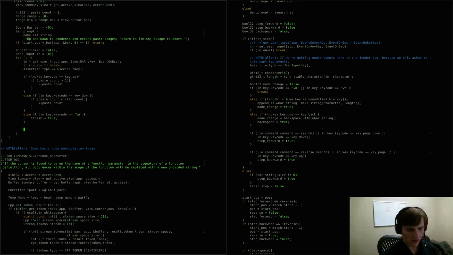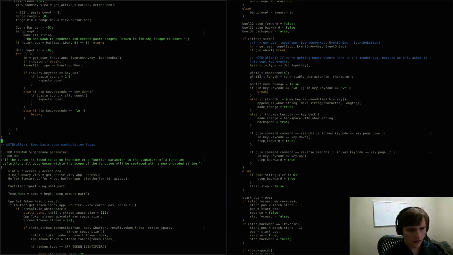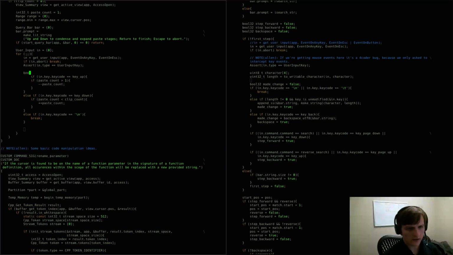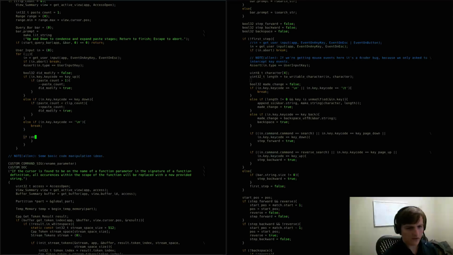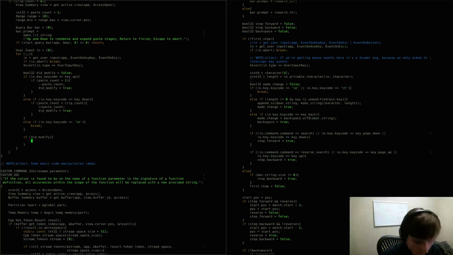Okay. Now what we do is, I guess this would be just break. I don't need to do that. Otherwise, if we didn't break here, I'm gonna want a did modify equals false, and these will report whether or not a modification happens by doing that. If we did modify, then what we do is